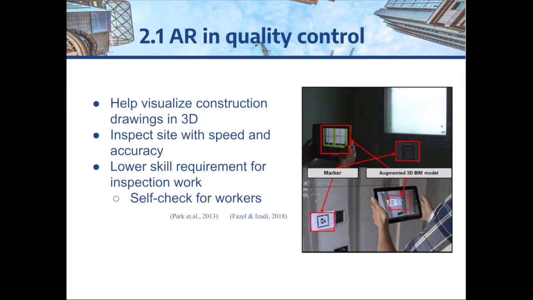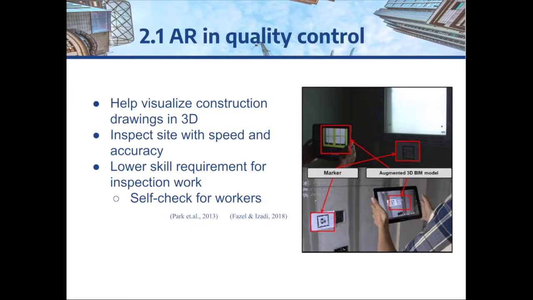Currently, the majority of the construction industry is using 2D plans as guidelines to construct 3D buildings. Inspectors will need to retrieve information from the plans and project it into 3D in their own mind, leaving plenty of room for errors. A simple AR app can help visualize the building information in 3D, making it easier to follow the construction instructions, and hence increase the efficiency and accuracy of construction works.